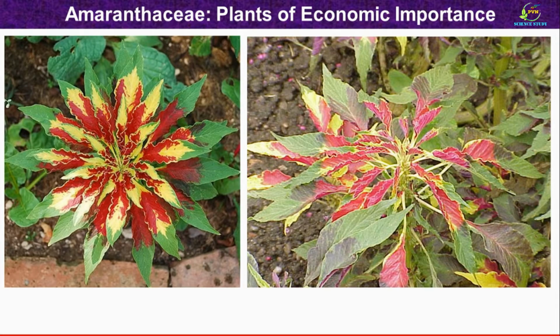Then this is another leafy vegetable of the Amaranthaceae family. Botanical name of the plant is Amaranthus tricolor because it contains three colors, and so the species name is given as tricolor. This is also a leafy vegetable where the leaves of the plant are used as vegetable and eaten.